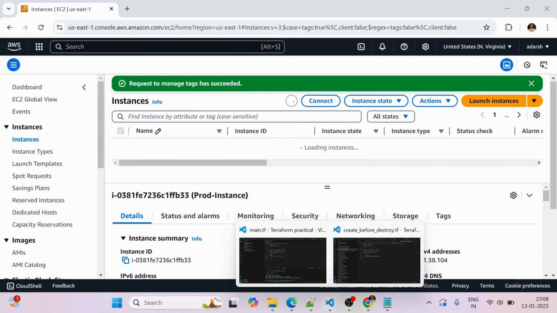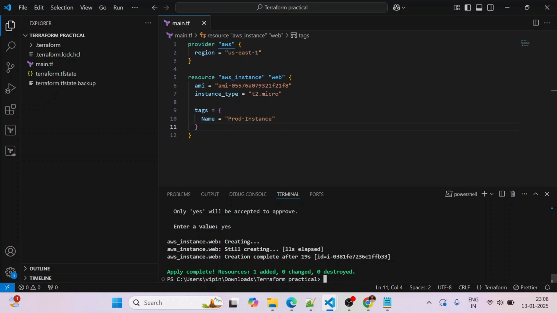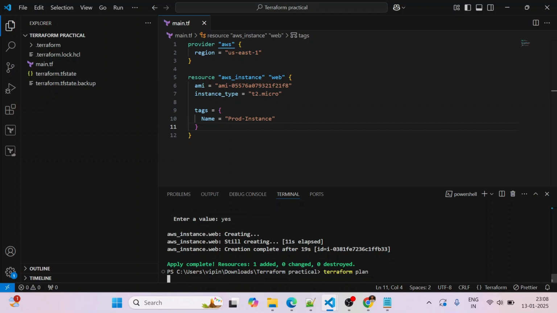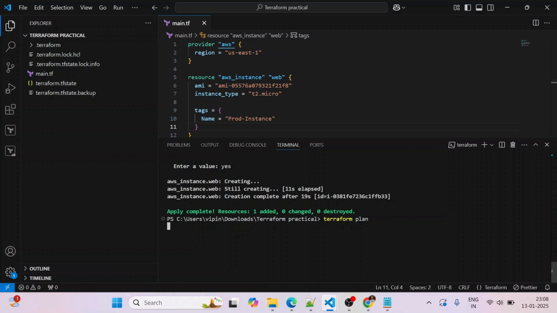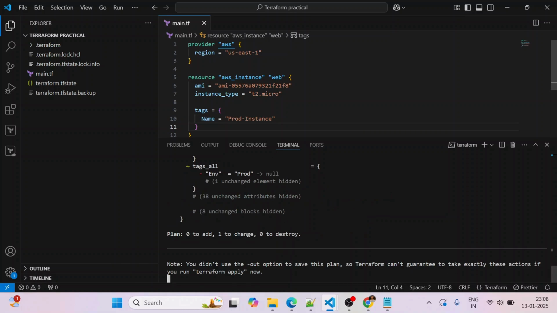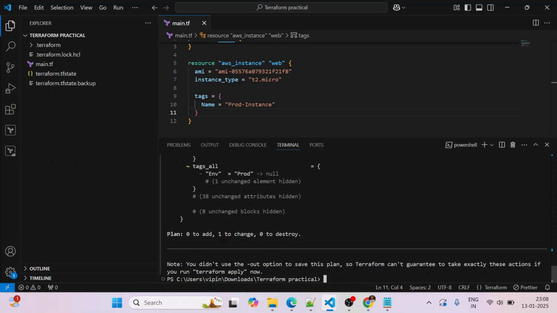Now let's go back to the terminal and run Terraform plan. Let's see what our Terraform configuration file is going to change or do. As you can see, the plan is 0 to add, 1 to change, 0 to destroy.